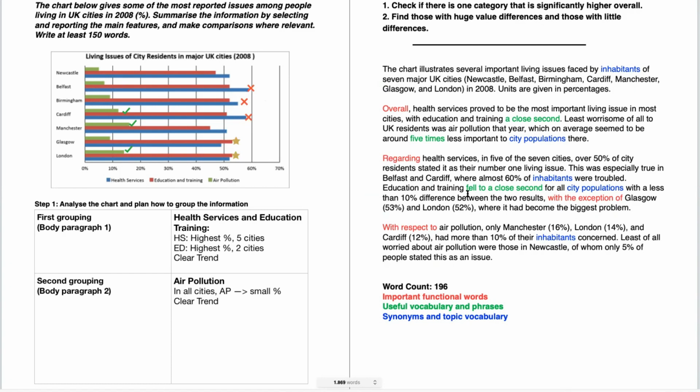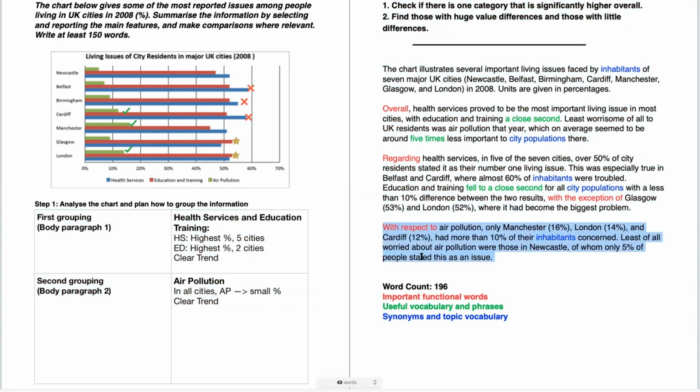And education and training fell to a close second for all city populations, with a less than 10% difference between the 2 results, which is true because you see that these are all less than 10%, with the exception of Glasgow and London, and I've included those percentages as well, where it had become the biggest problem. So you see how I'm able to talk about when education was higher than health services. And our last